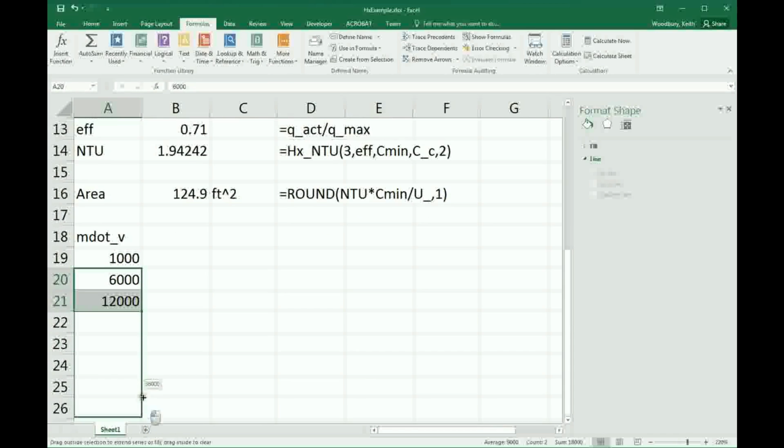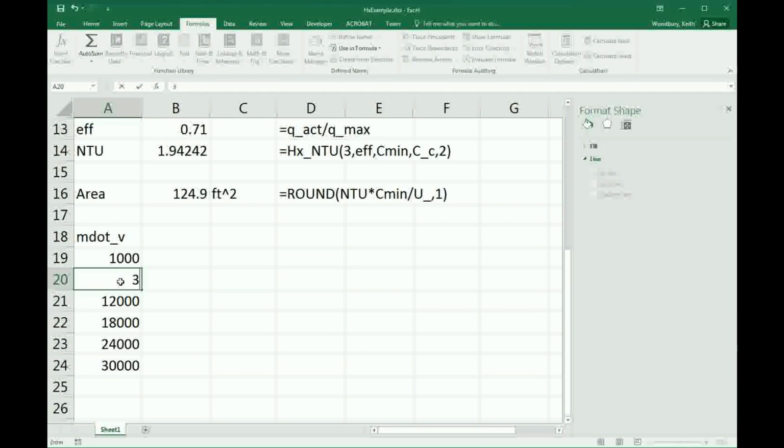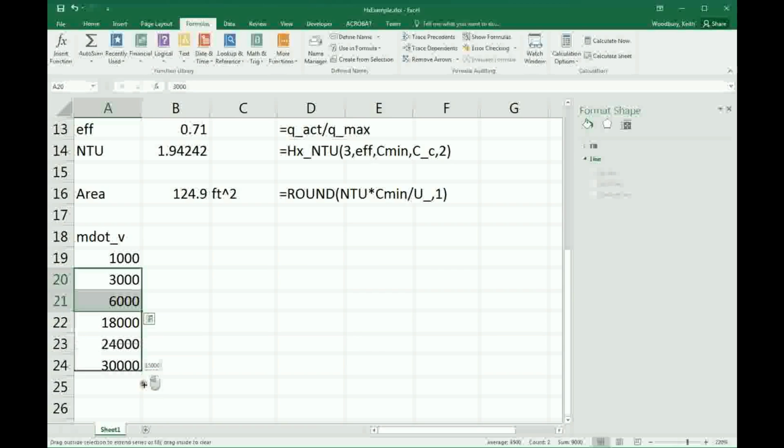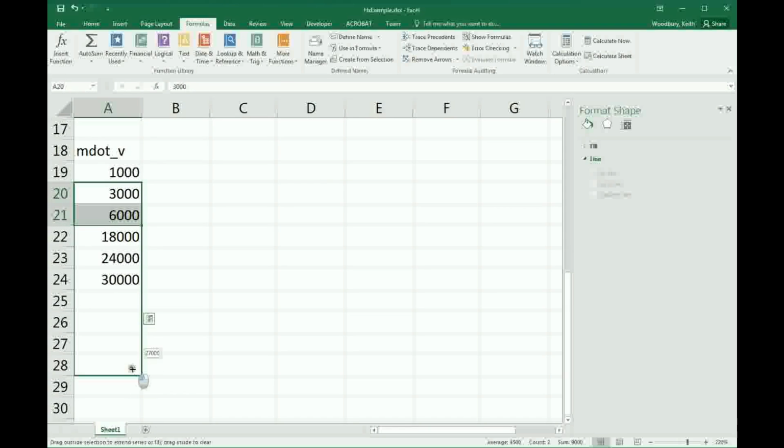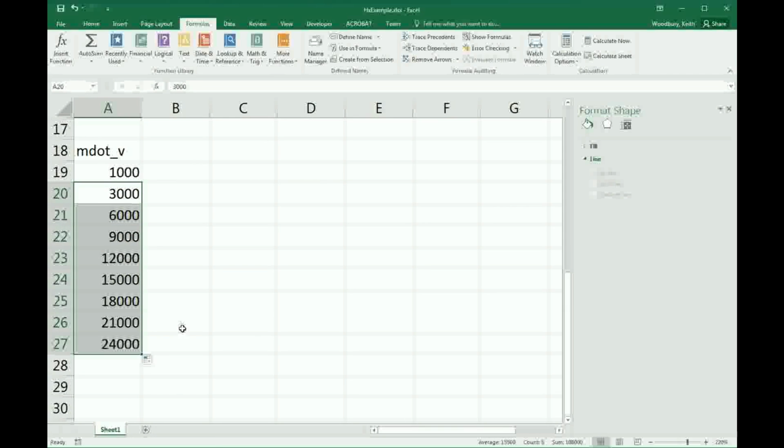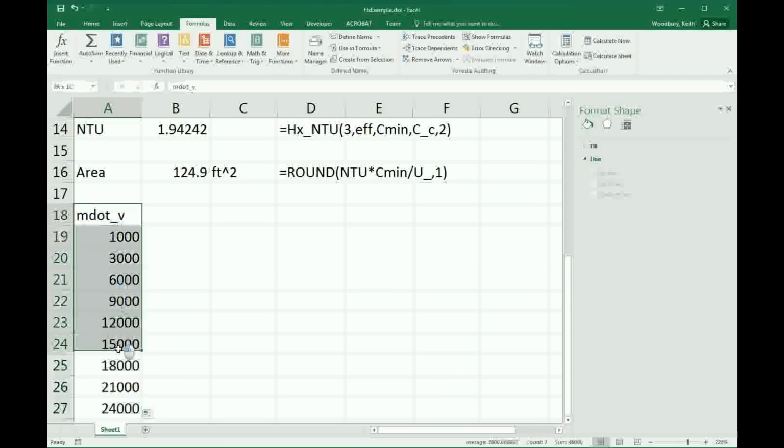It wants us to go to 24,000. Yeah, that's too much. Let's go half that fast. Get a few more points, and take that up to 24,000. There we go. So we're going to vary the mass flow rate of the water, and then the